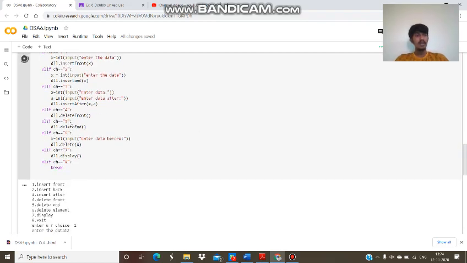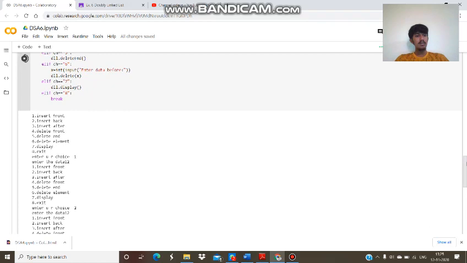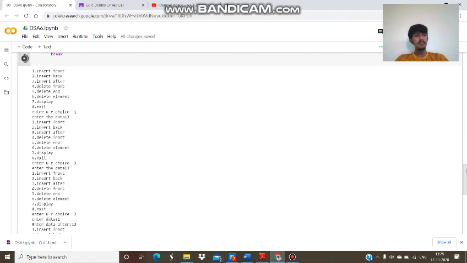If 5, dll.delete_end. If 6, it will ask to enter the data to delete. If 7, it will display the data, and 8 means it will exit.